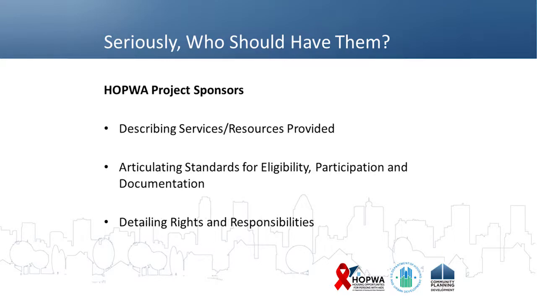Project sponsors, yours is a little bit different from what's required of a grantee. You also have a requirement to have policies around financial reporting requirements that should align with your grantee policy. So you're not doing things different than the way that they have in their policy. And in addition, project sponsors often have extensive policy requirements for the delivery of services, and those should be very detailed and have good procedures to outline how you carry that work out day to